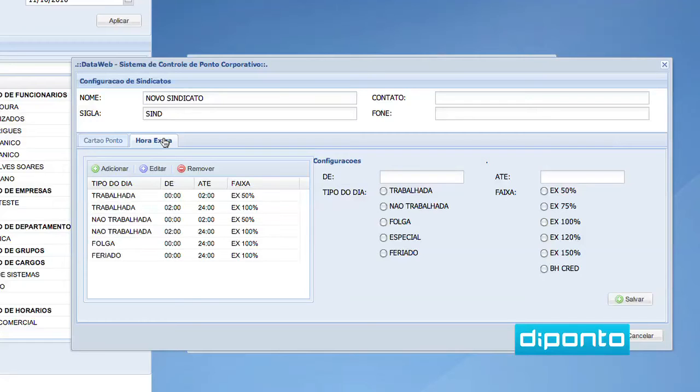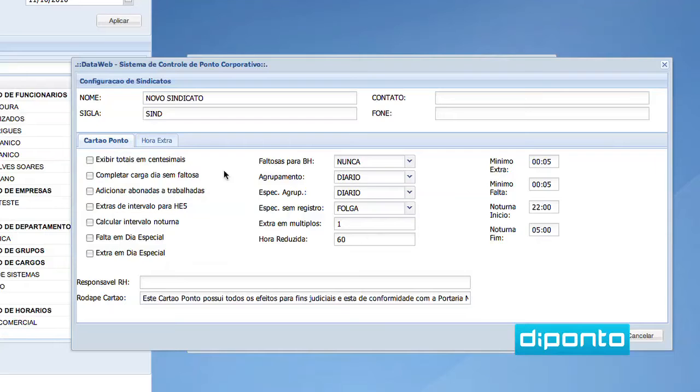In the case of overtime hours, there is the possibility to set different percentages for days worked, not worked, days off, and so on, with the possibility of grouping hours per day, week, or month, with minimum and maximum limits